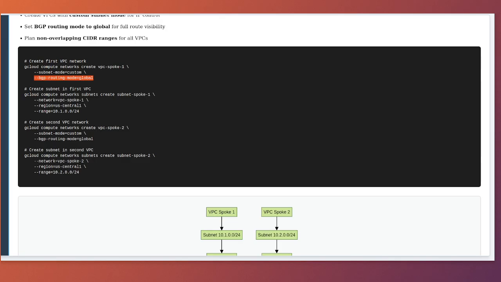This setting determines how cloud routers in this VPC advertise routes. With global mode, a cloud router in any region will advertise routes to and from all regions where the VPC has subnets. This is essential for NCC because it ensures complete route visibility across your entire topology. The alternative regional mode would only advertise routes within the same region, which would break NCC's ability to provide full